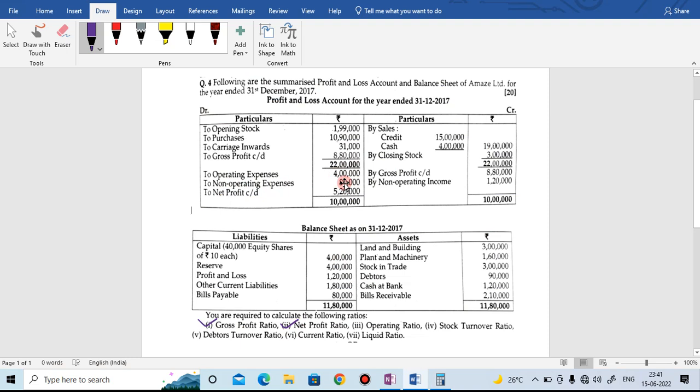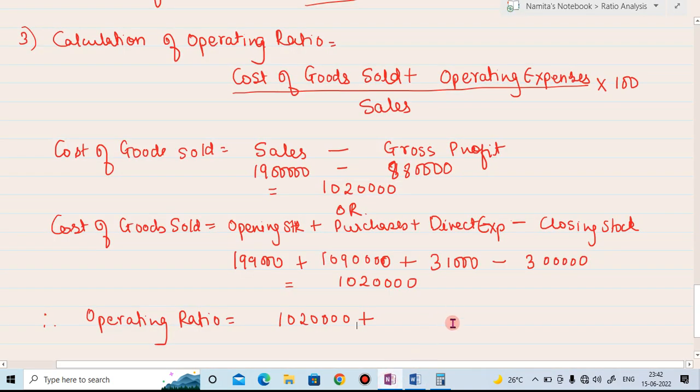If it is not given, then we have to find the operating expenses, like the expenses in the profit and loss account, selling expenses, administrative expenses, etc. So the operating expenses is 4 lakh rupees upon